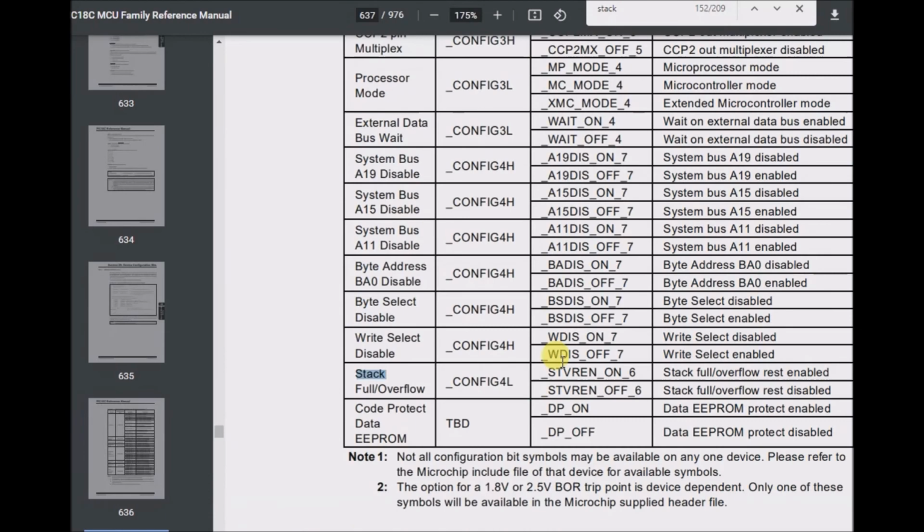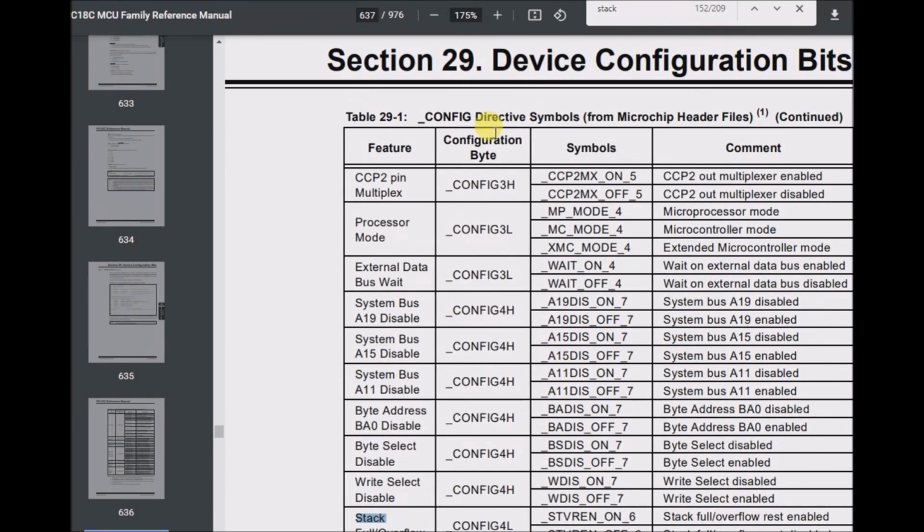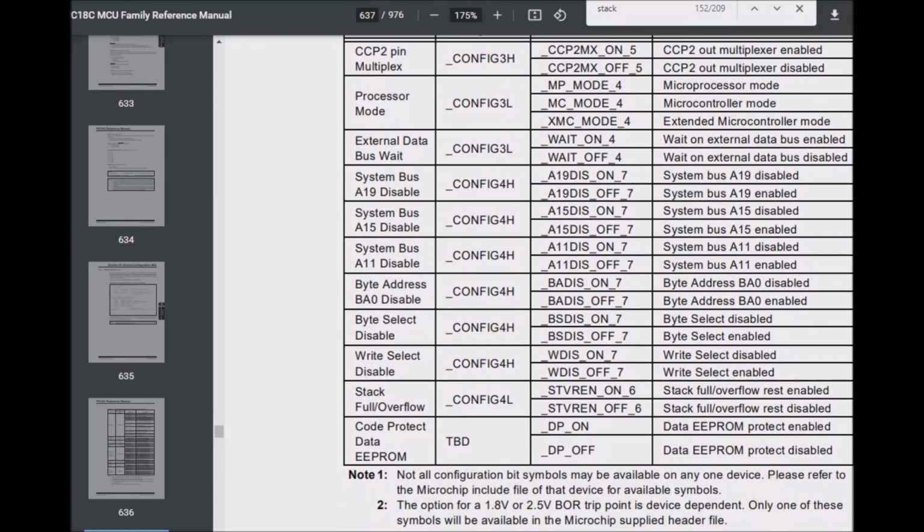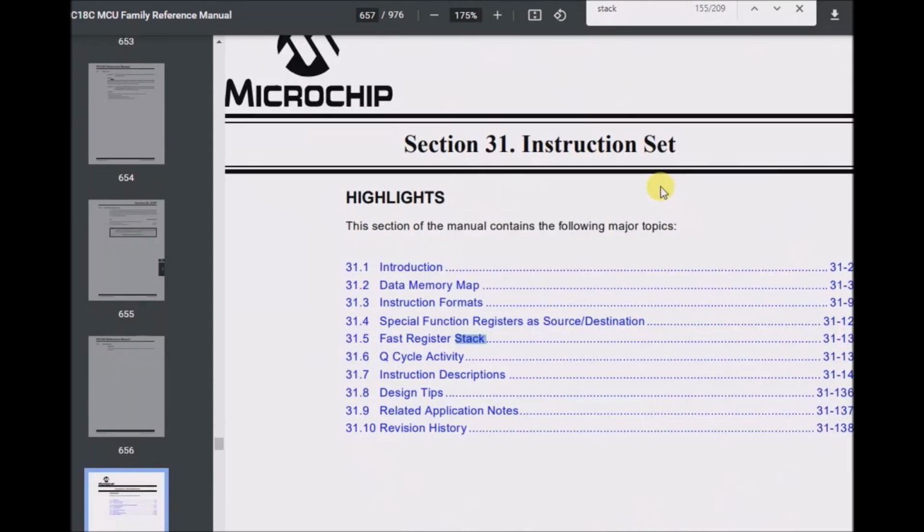Here it is in this chart form. So I don't know, this is like configuration bits. And writing configuration bits. That's handy to know, page 637. And I guess, yeah, configuration bits. And then I guess you can configure stack overflow stuff. So this is page 657,